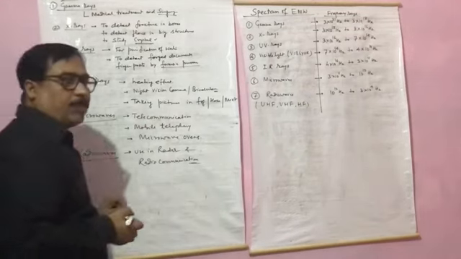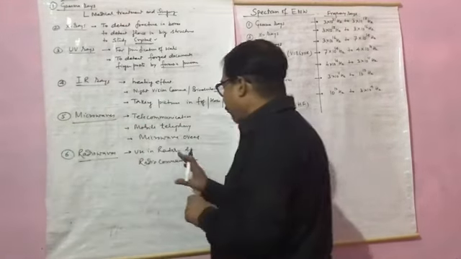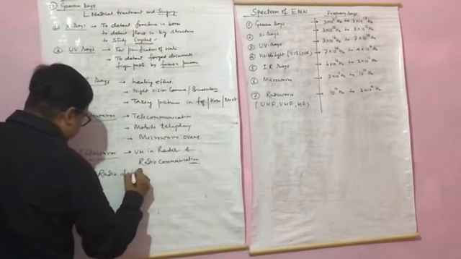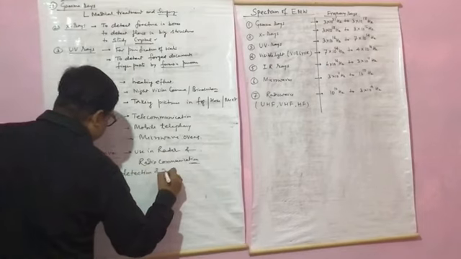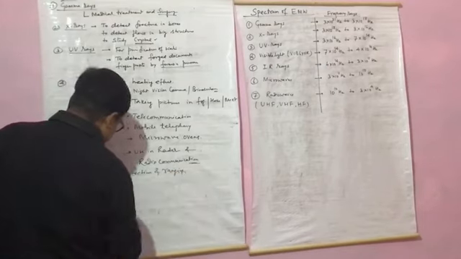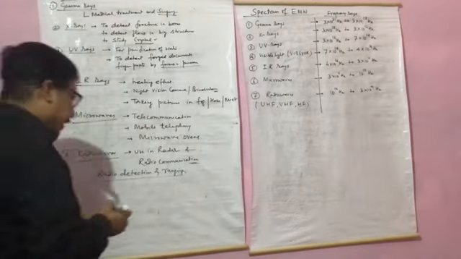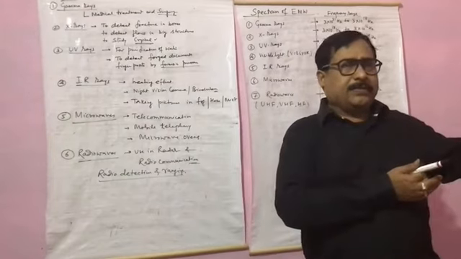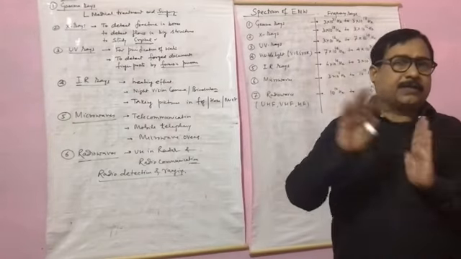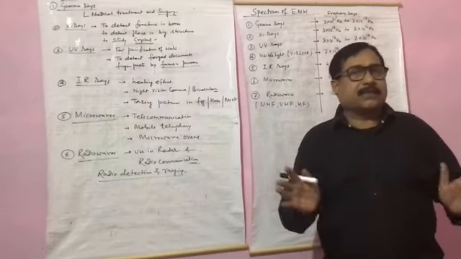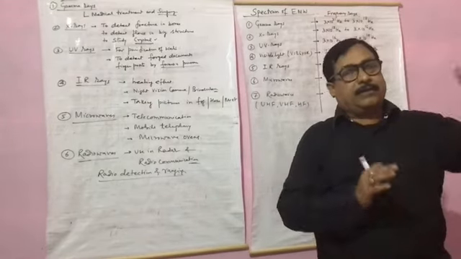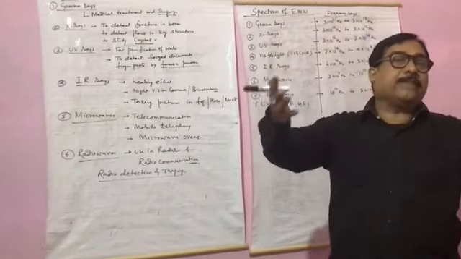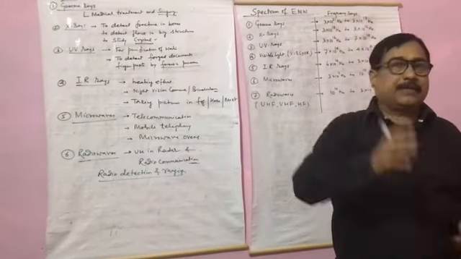Okay? The full form of radar, you know, what is the full form of radar? Radio detection and ranging. So in radar we use radio waves, and radar is very common. We are using it in aviation, in the movement of flights and others. This radar is used to detect the flights, and from that control room we can give control to the flights for the landing and flying over.